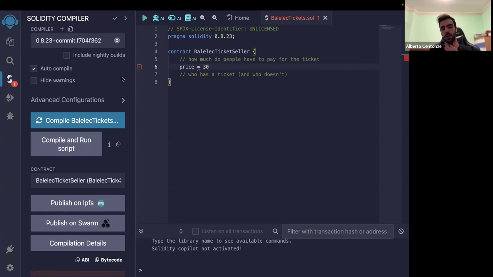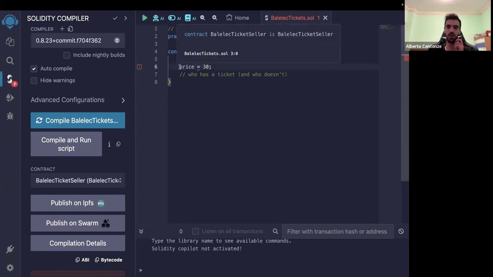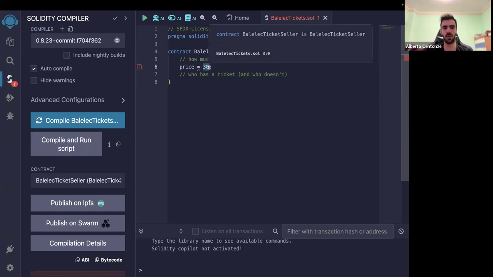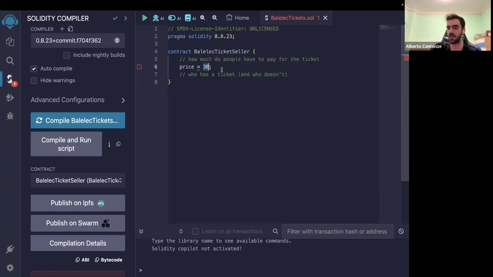But the key part here is, so this is a price, but a price in what? We said we pay things in Ether, but what is 30? Is it 30 Ether? Because if it's 30 Ether, this would be quite an expensive Balélec ticket.